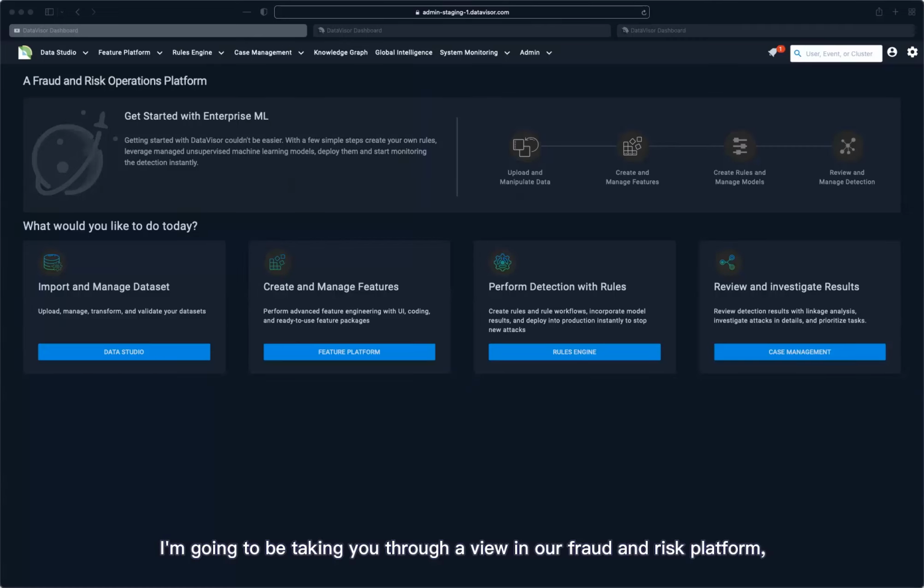I'm going to be taking you through a view in our fraud and risk platform, which we built beginning a number of years ago to really take advantage of the full power of machine learning as applied to fraud and risk detection and mitigation. So what you're looking at here is really the landing page for our platform,